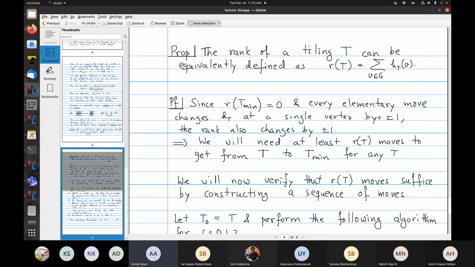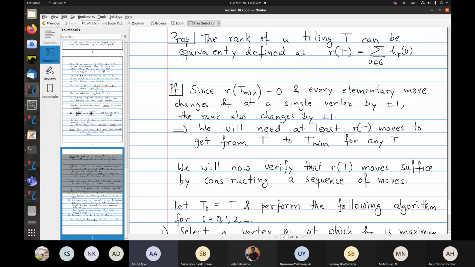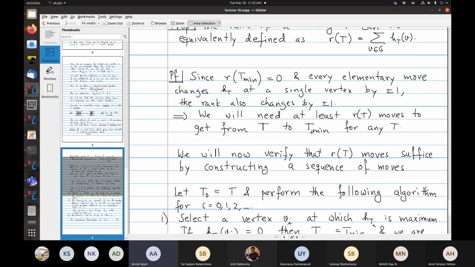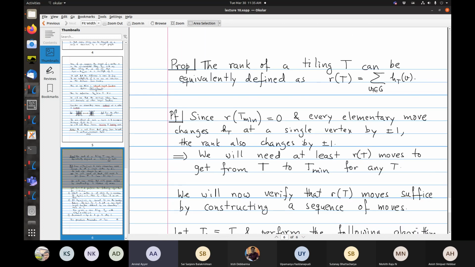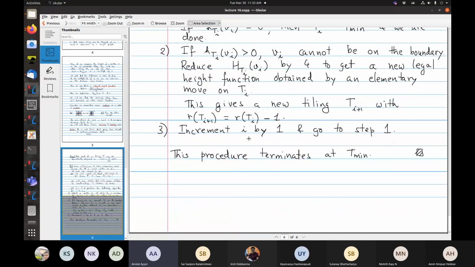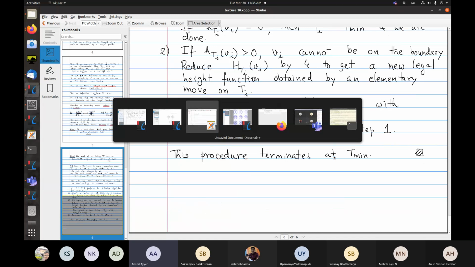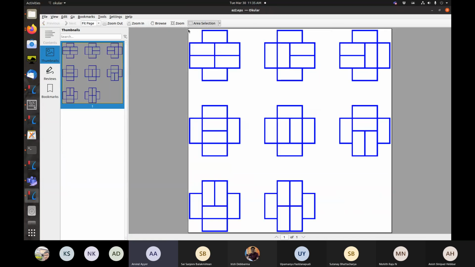And we showed that the rank increases by 1 as you increase the reduced height by 1, which effectively amounts to one of those elementary moves. So there were a couple of issues with this proof, but before I go into that, let me demonstrate this idea for size 2.